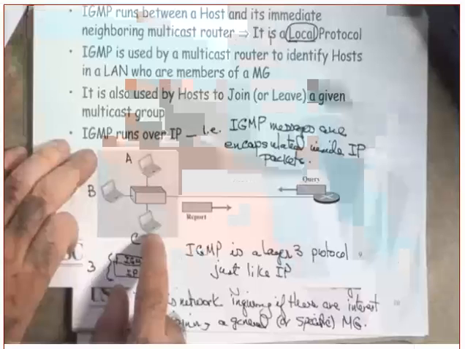a tree, what is known as a multicast tree. A multicast tree consists of links that connect all routers that have attached hosts belonging to the multicast group. What is a tree? A tree is a connection of branches. Clear? A connection of branches or links.